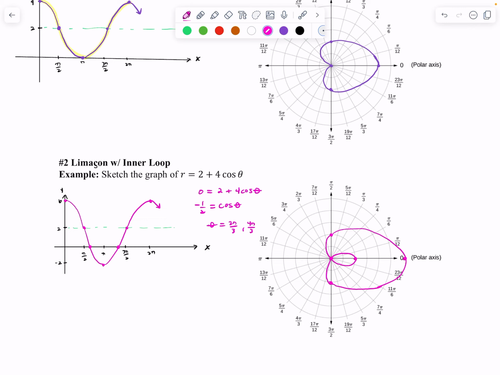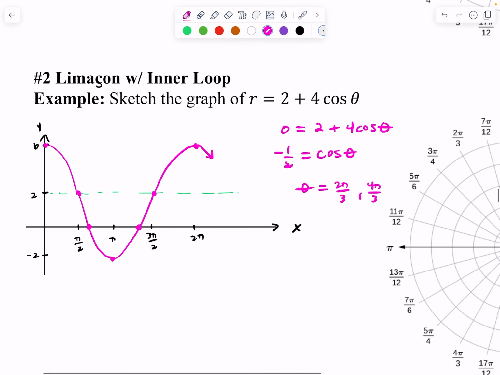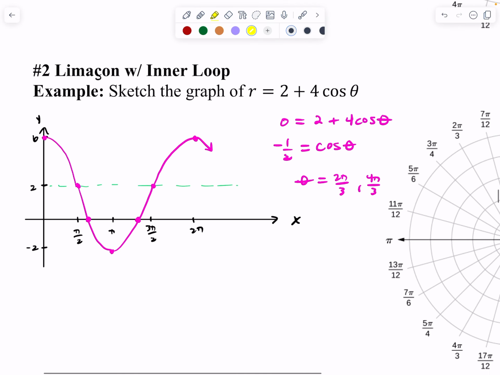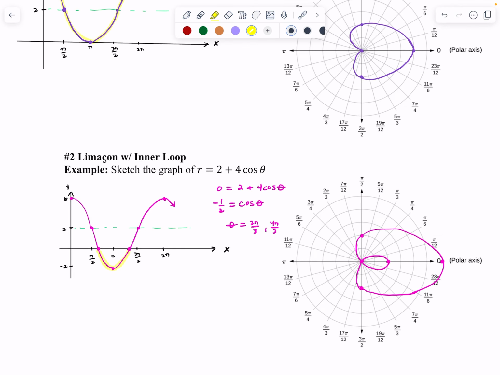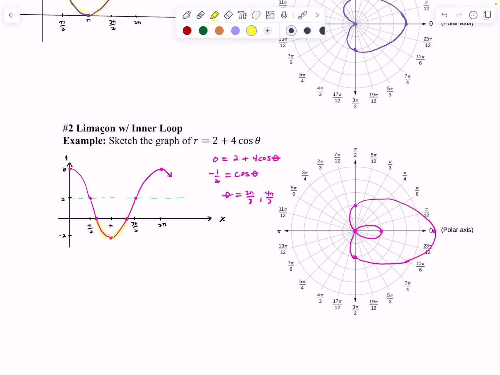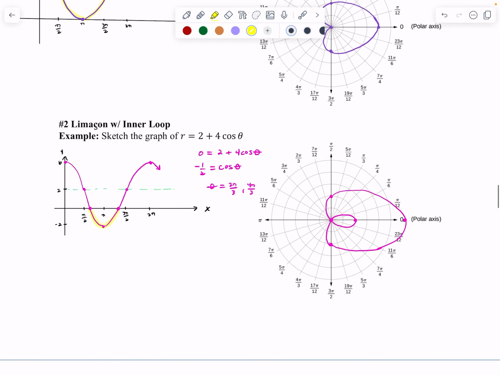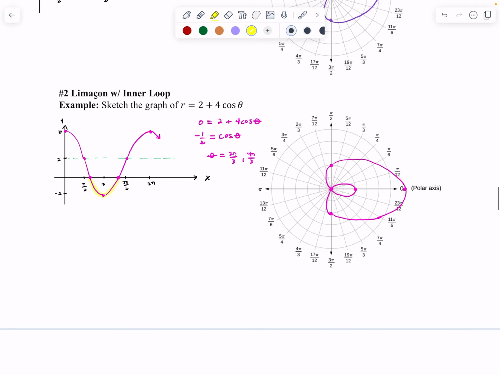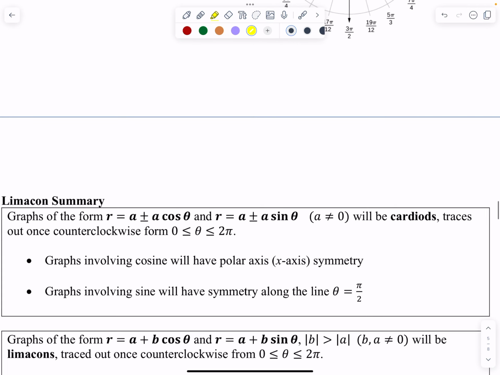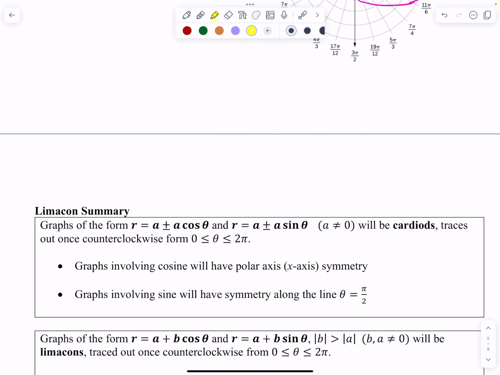Okay, but there's that inner loop, and that loop happens because of this dip here in the graph below the x-axis that causes those values of r to be negative. So that's what causes the inner loop. So, summary of limaçons